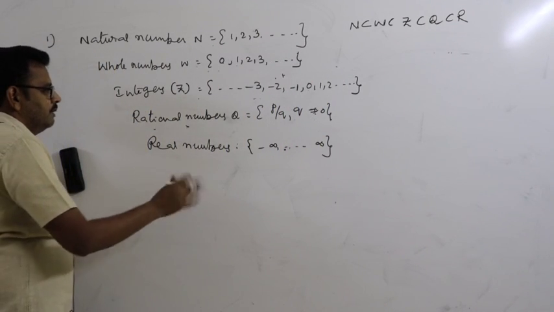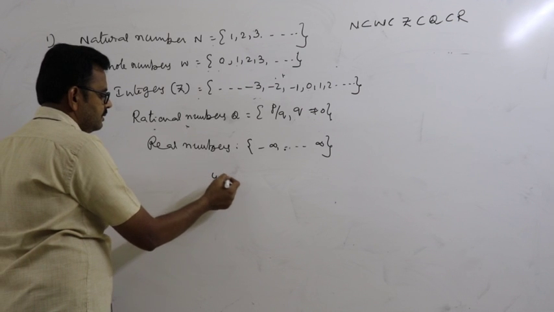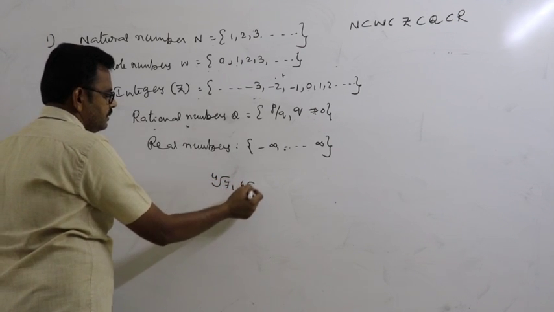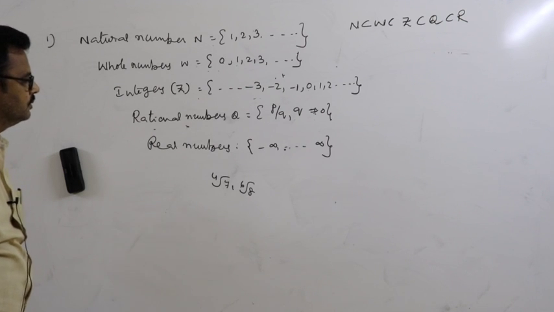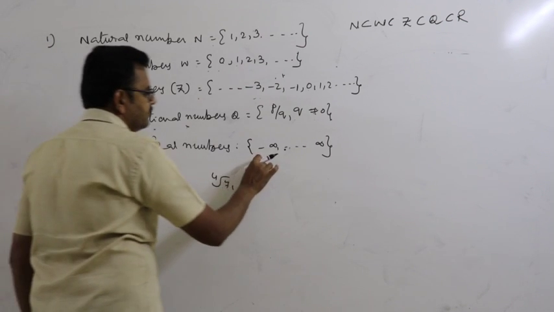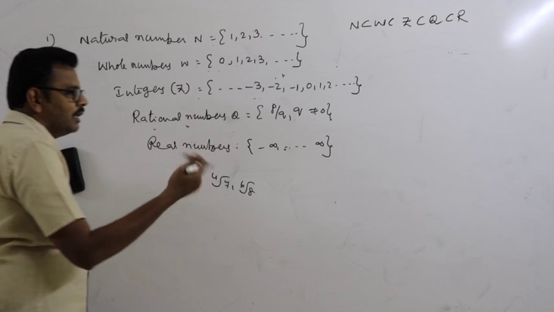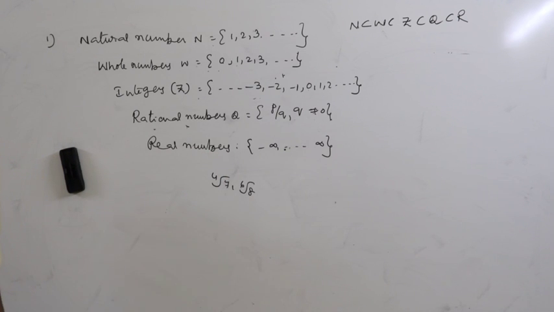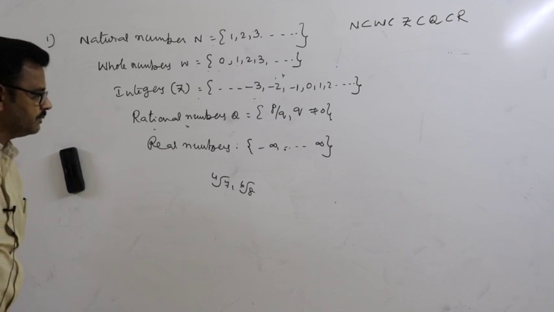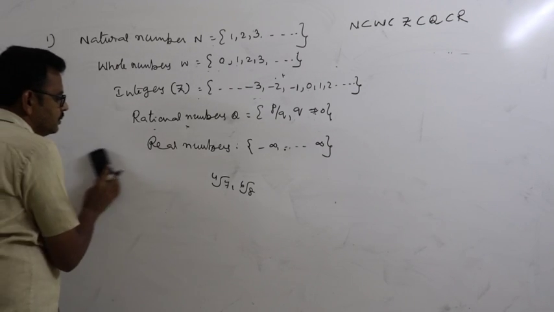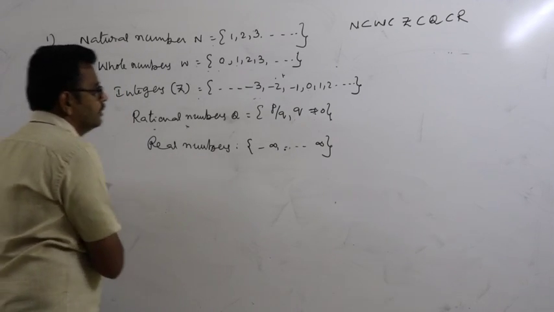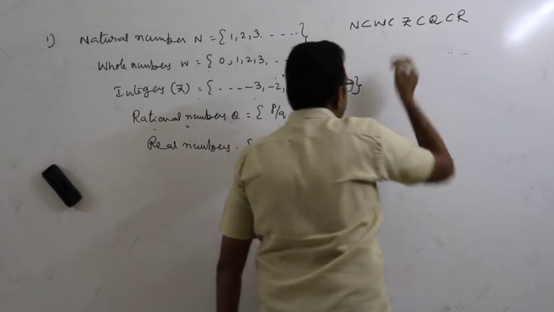You can take any number, 4th root of 7 and 6th root of 8. You can take any number that is a real number. So, infinity means what? A large positive number. Minus infinity means a large negative number. That is only a symbol. So this is the order.